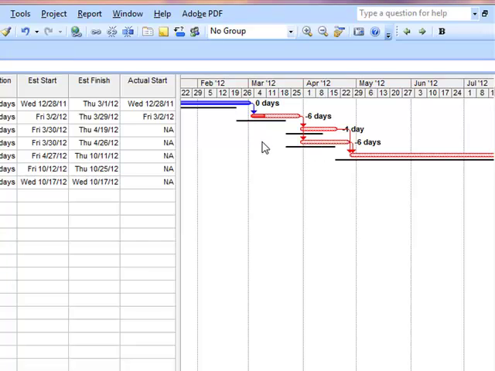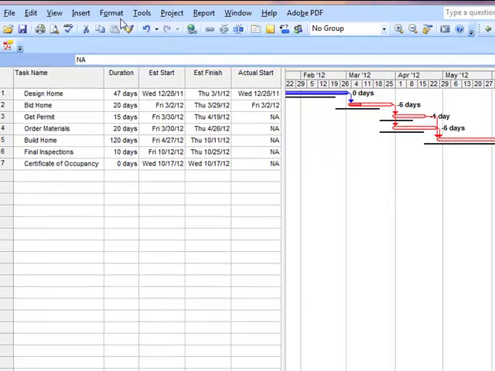What we're going to do here is set our baseline 1 to the current schedule. I want to do this before I update the schedule. The reason is I will now be able to compare it to the original schedule, which is the black line, and compare it to what the schedule was before I updated it. So first we're going to update. It's going to go to Tools,